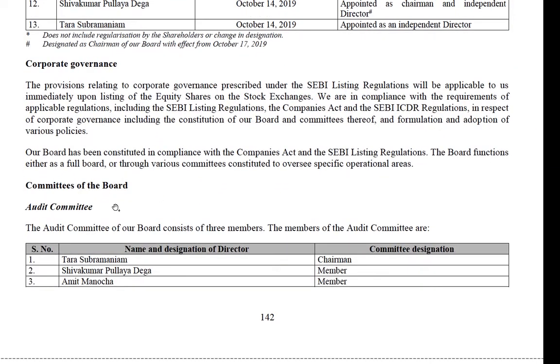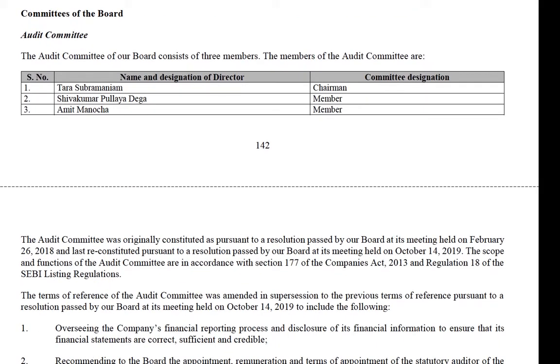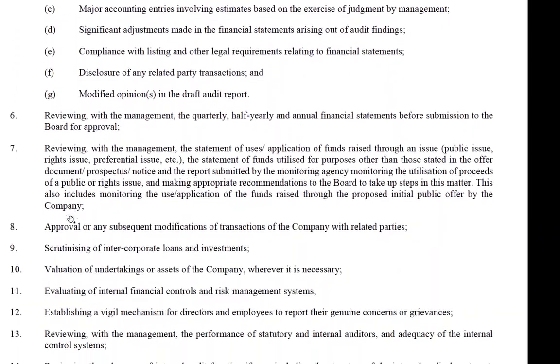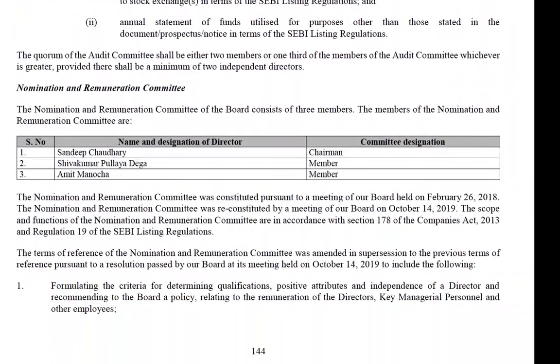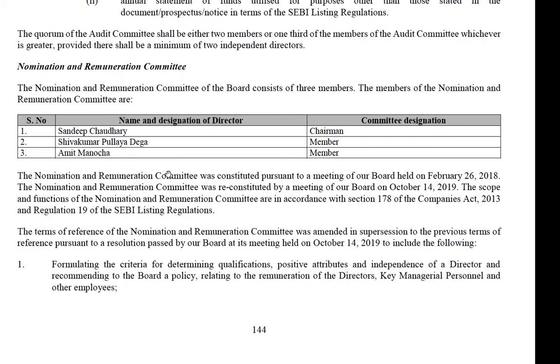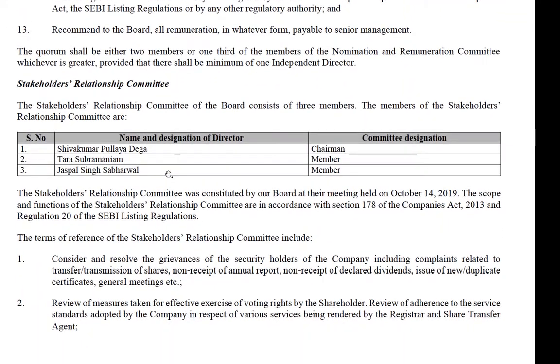Whether committees of the board have been set up. So if you recall basic company law, you'll have three committees from the board in a listed company. You've got the audit committee and its terms of reference. You've got the nomination and remuneration committee and the stakeholders relationship committee, right?